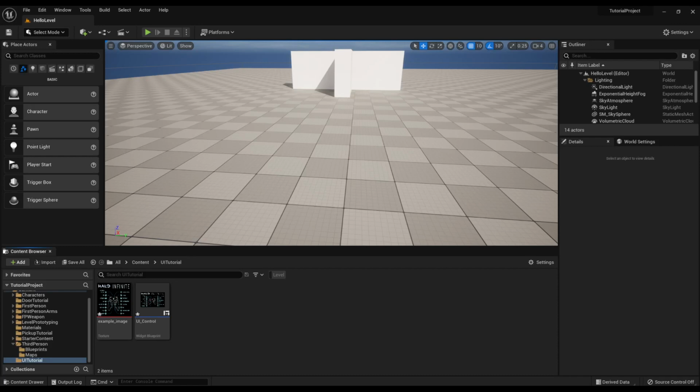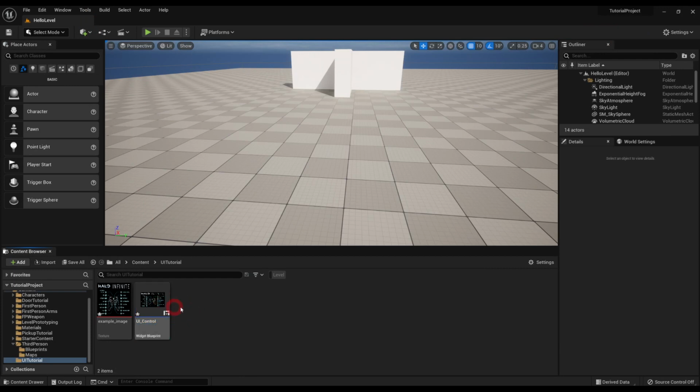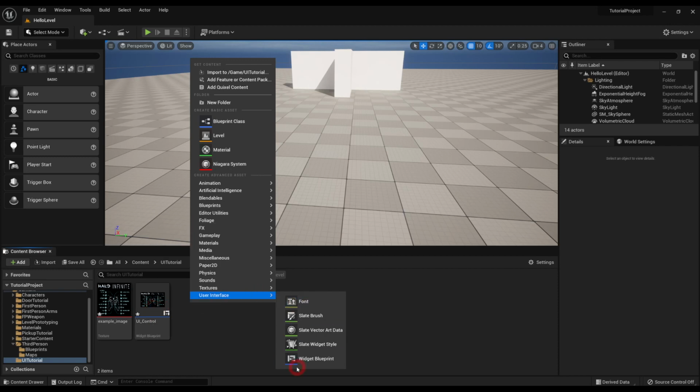In this tutorial, I'm going to be going a little bit more complex with the UI. So last tutorial, we did UI control, so that just flashes up a control scheme when you press P. But what we're going to do now is go through how to make an actual like pause menu or main menu. So first thing we need to do, just the same as we did for the UI control, make a